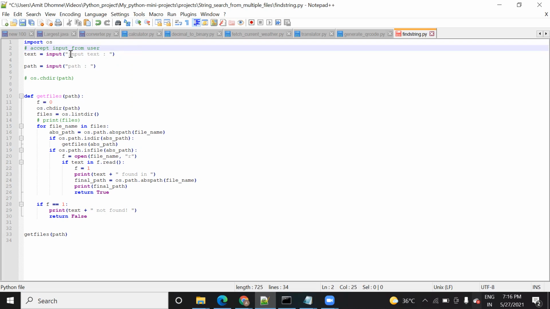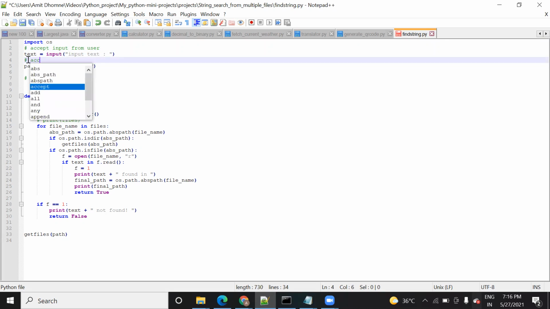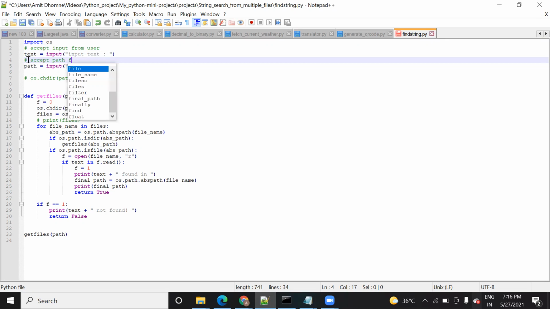Now this command is to accept the path from the user.